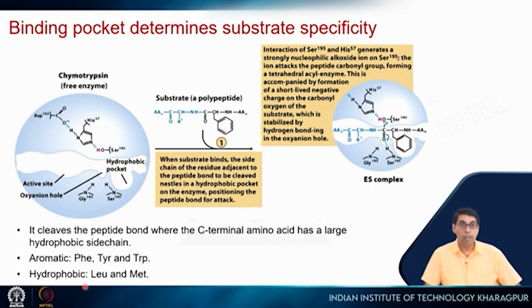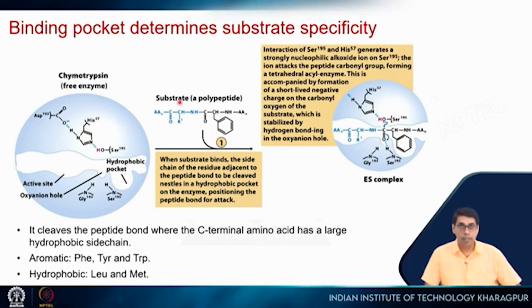So it can be aromatic residues like phenylalanine, tyrosine or tryptophan, or it can be large aliphatic residues like leucine and methionine. So the side chains bind here. We will see that this oxygen will form O minus, and that fits in this small oxyanion hole, and it is stabilized by these two backbone amides. This is where the peptide bond is and the reaction will happen, and this is where the first part of